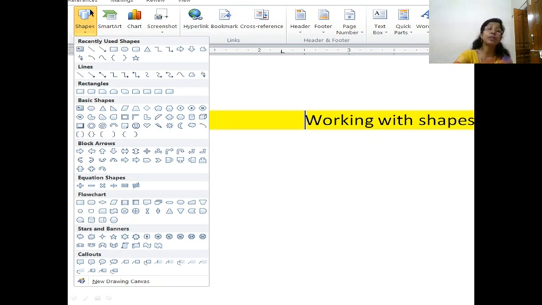As you click on Shapes, you will get all the shapes. You can see many shapes are here. Arrows, rectangles, circles, many kinds of arrows, callouts, many shapes are here.